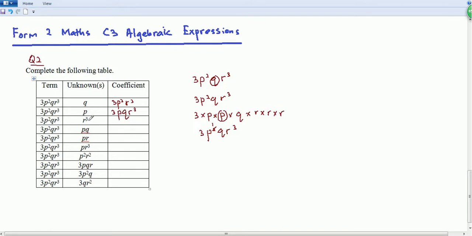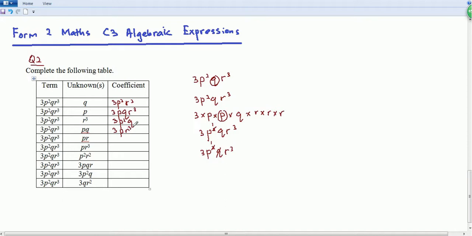Okay, how about the third one? How about this one? R cubed. So the coefficient will be 3p square q. Okay, so how about this one? So this one I'll write out first. 3p square q r cubed. Okay, what is the coefficient of pq? So it's 1p and 1q. So cancel it. You have 1 only. And q. You just cancel the whole q. So the rest will be 3p